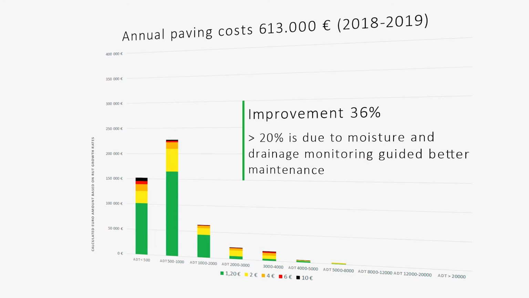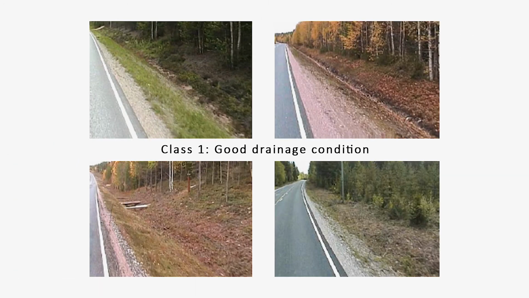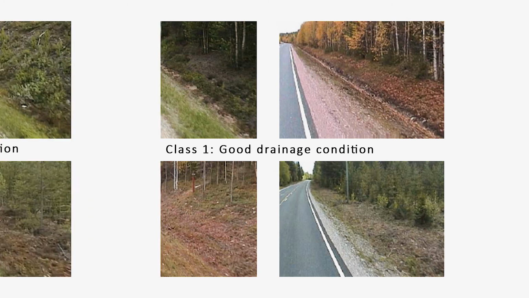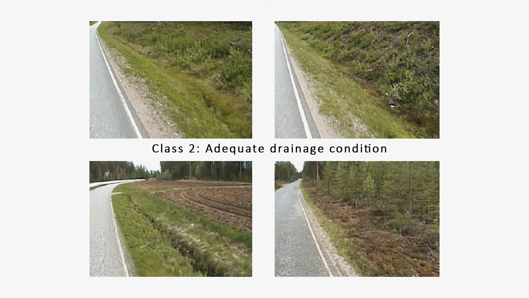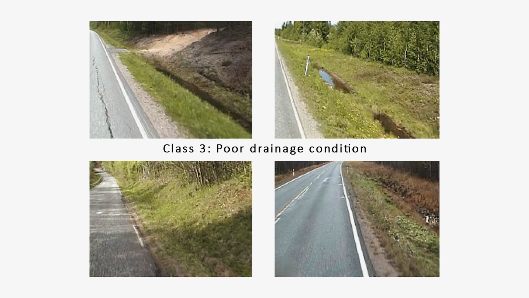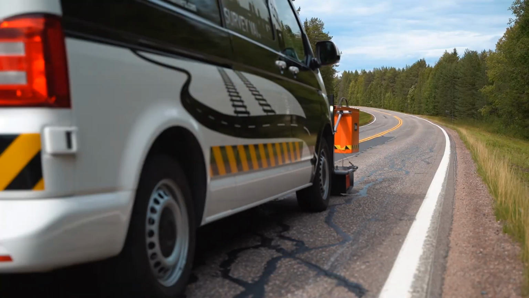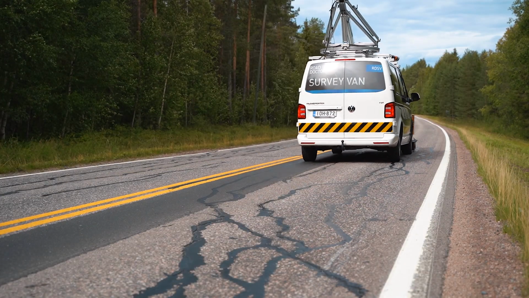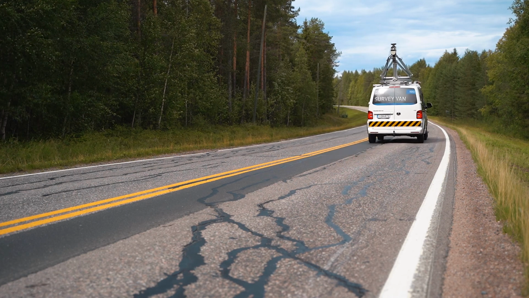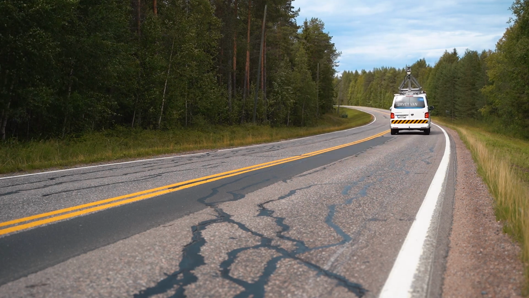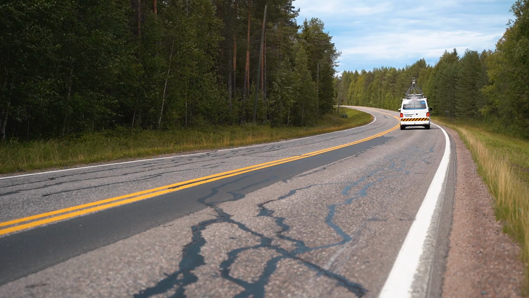with drainage problems. Drainage condition monitoring has traditionally been done using visual inspection systems. The problem is that these systems are subjective and cannot be reliably implemented into quality control systems in maintenance contracts. RoadScanner's RoadDoctor laser scanner system has been developed for objective and repeatable monitoring of the most critical drainage components.